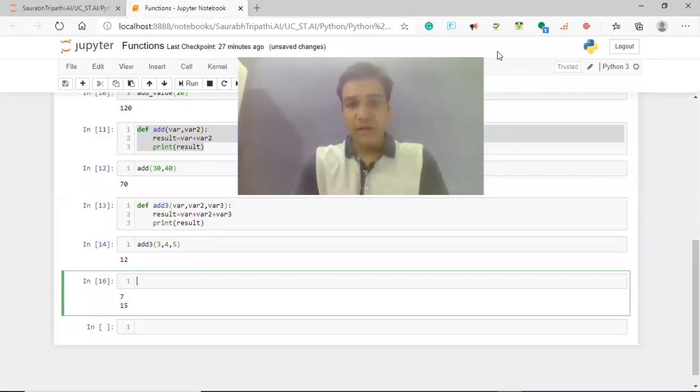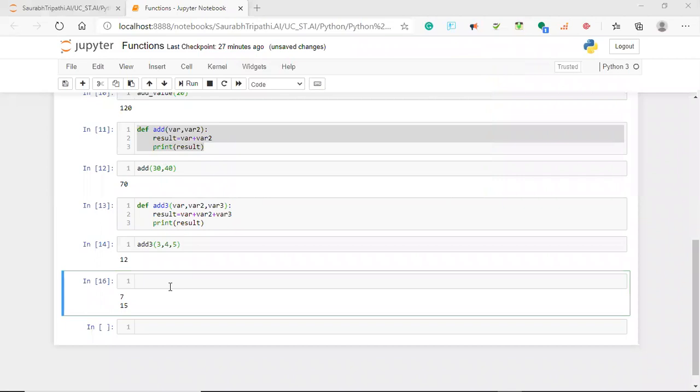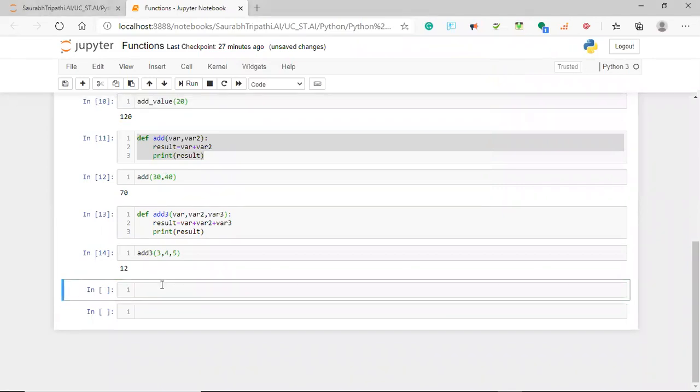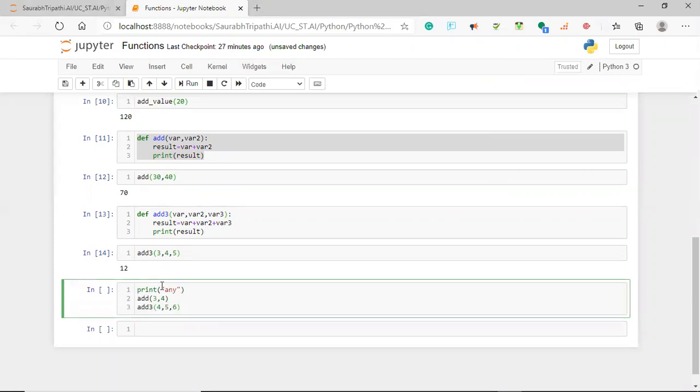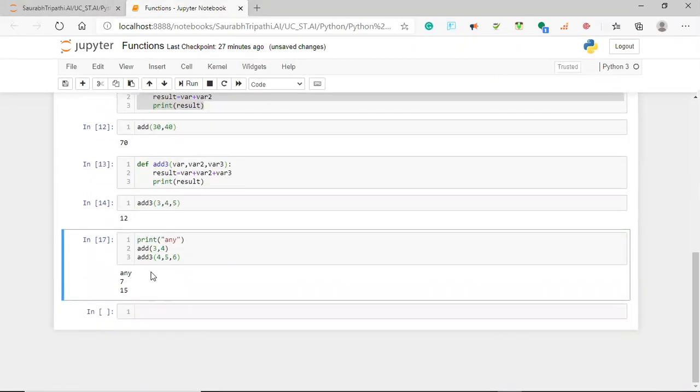The benefit of a function is that we can call it at any time. So suppose we want to call this function in the middle of a script, we can do that too. We have three functions right now, and we want to call them in the middle of a script, so we can do that. Let me give you an example. Say I'm simply printing any. After this print, I want to call my functions, okay. And when I run this, as you can see, after any, I'm getting these two values as an output, as I've given the input. So this is how you can simply write a script. In this script, you can call this function anytime.